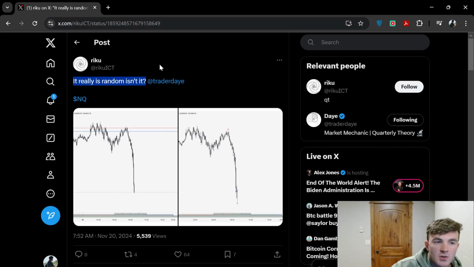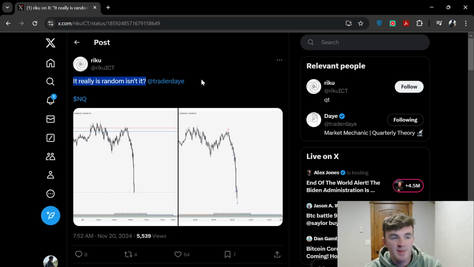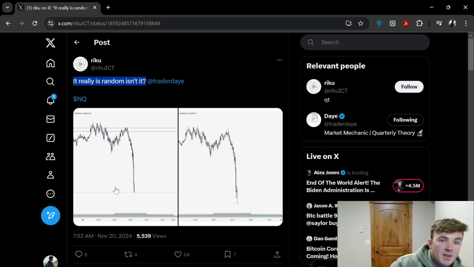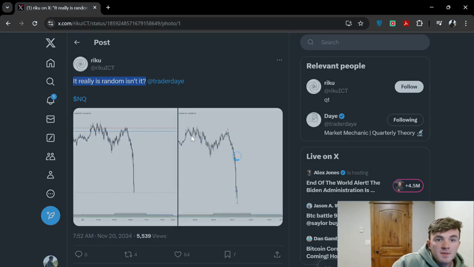So Trader Day, if you don't know who he is, he's the guy who made quarterly theory, which is a super advanced concept. Basically, it splits time into 4 quarters. Either price is consolidating, expanding. It's either accumulating, manipulating, distributing, or having a continuation or reversal. So it's one of those four, the fourth one being continuation or reversal. So AMDX or XAMD. Anyway, point is, he got this crazy entry here, and I wanted to see if we